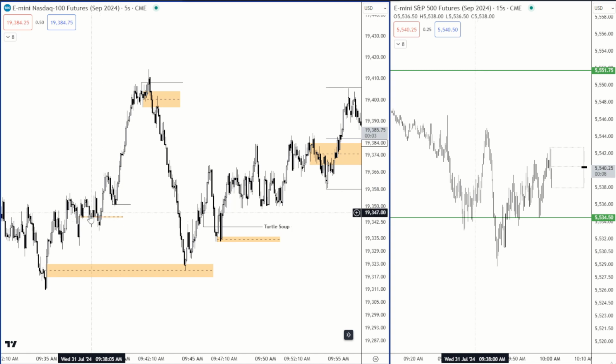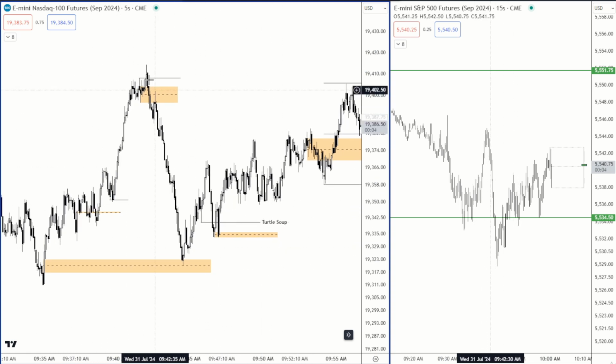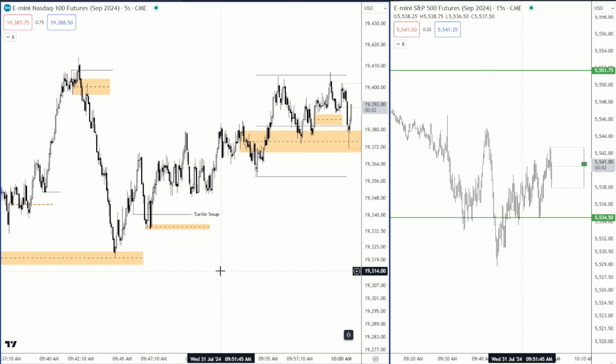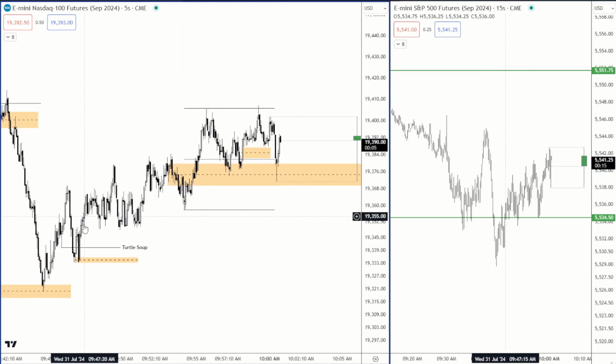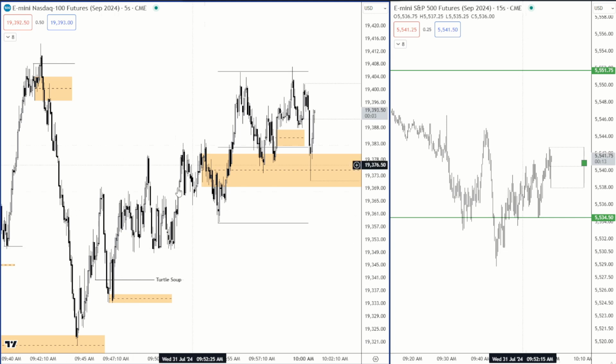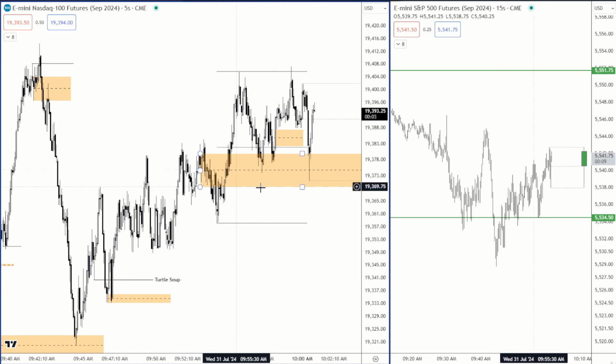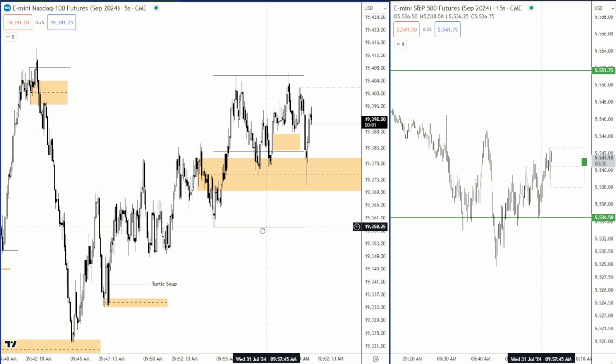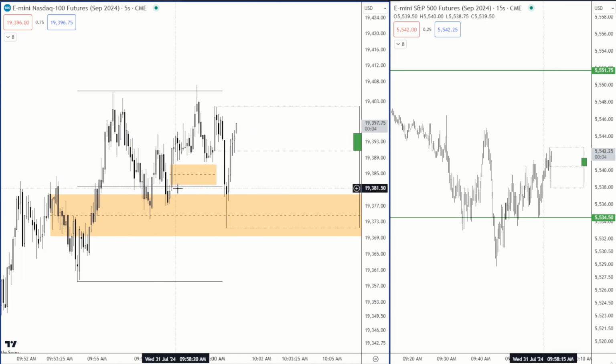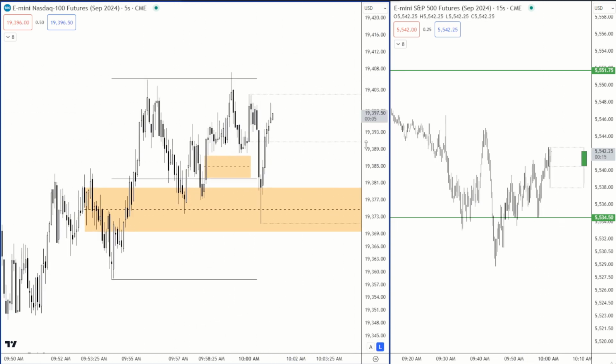But here, yeah, we missed the entry. Yeah, we got stopped out early, but we just missed the trade. We look for another entry, right? Missed this whole move, look for another entry. Missed this turtle soup, look for another entry, right? So then once we finally broke above this high, after this ranging market, we simply waited for a discount here into this order block, right? And then we expand to this high,